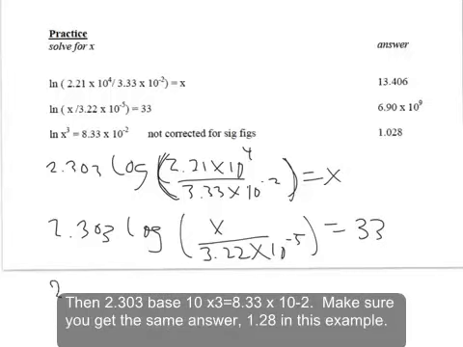And then 2.303 base 10 logarithm of x cubed equals 8.33 times 10 to the minus 2. Make sure that you get the same answer,